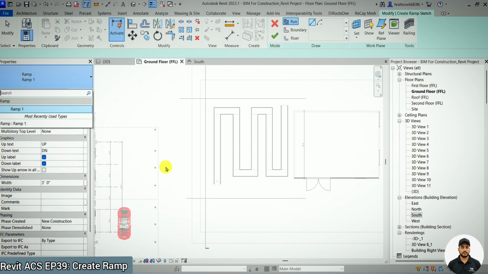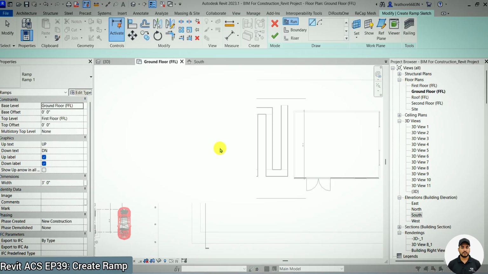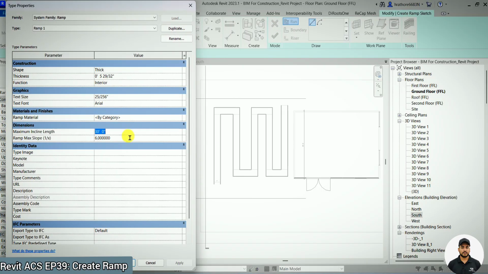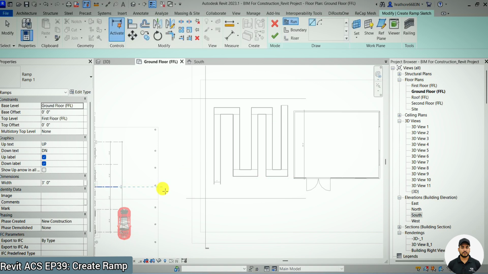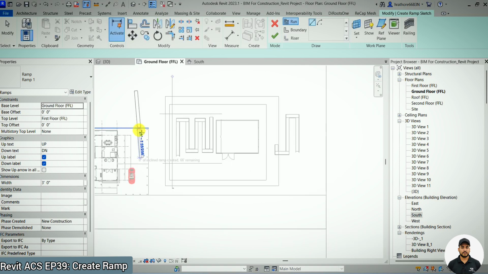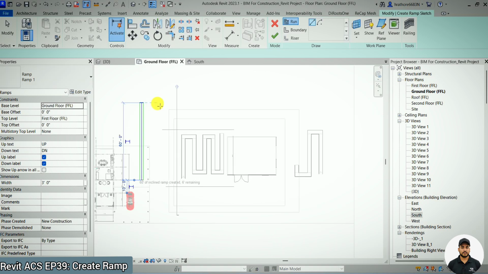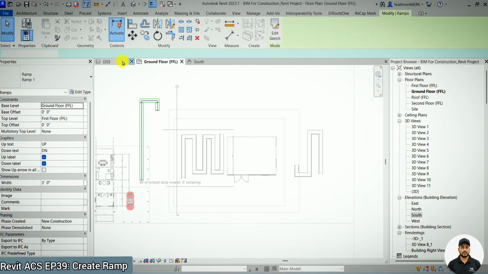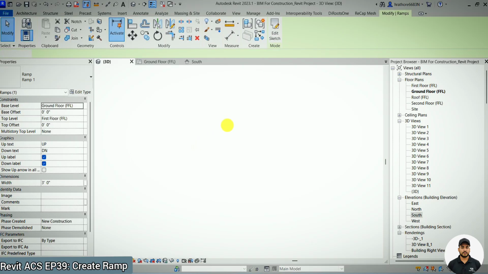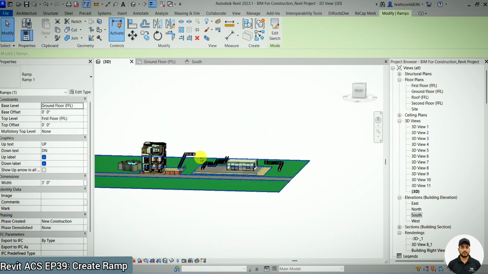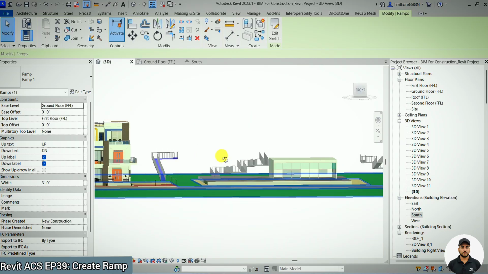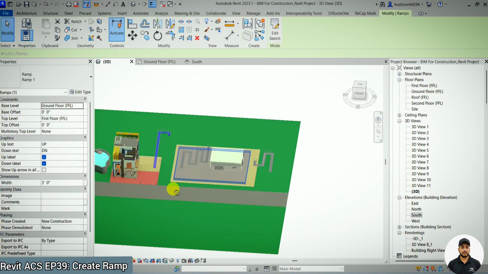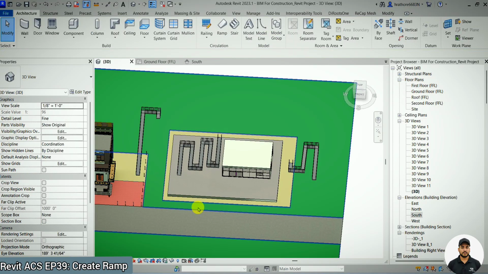Here, this time you will be selecting, instead of 30 feet, let's say only 60 feet more. So in this case, in a single run it will create a 60 feet ramp, then again you will be going here, again 6 feet only. So this is how you will be reaching from level 0 to level 1 as per your requirement. Okay, so this is how you can create a ramp